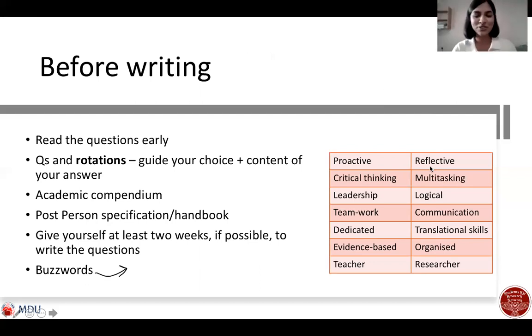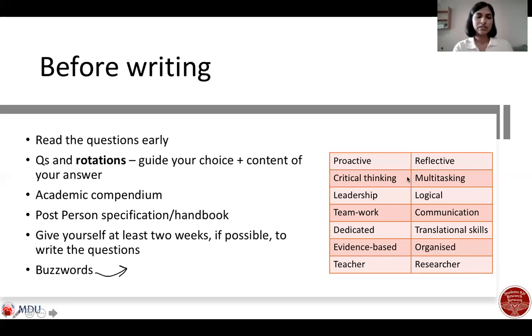So some of the tips that I found useful when I was applying for SFP. The first thing to do is find out which programs you want to apply to and what questions they want you to answer. It's very important that you read the questions early. I think they're already on the website, and make sure you look at the deanery that you want to apply to and look at their questions, because the questions that Devika has mentioned are more generic and they might vary with different deaneries. The other thing is to try to design your answers based on the rotations that you want. And I'll talk more about it as we go through the rest of the slides.